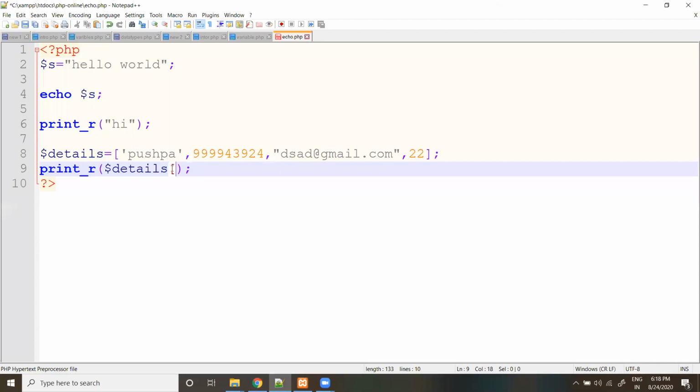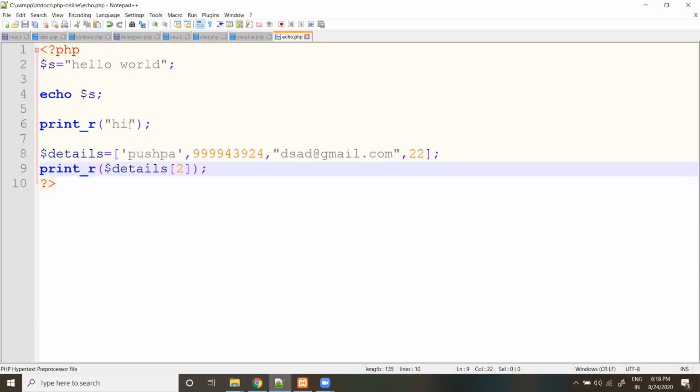But if you want to access a particular key, just mention it with the index. Okay. So array index starts from 0. This is 0, this is 1, this is 2, this is 3. Just put 2, and we get an output. Okay. This is the printing statement, echo and br. Okay. Next we have data types.